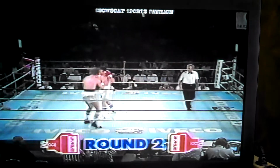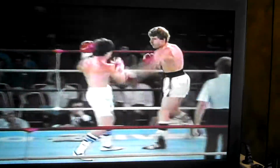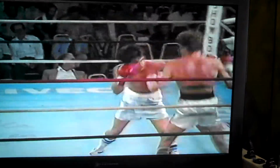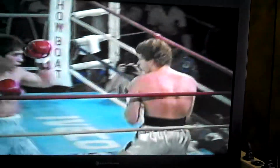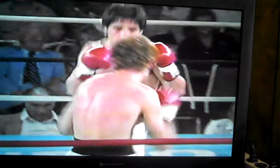As our top-ranked boxing continues from Las Vegas, Greg Haugen in the light blue, powder blue, I guess, with a white stripe, against Ted Michaliszyn with the white and the black stripe. And Haugen very anxious to start round two. Now, Haugen is working his way in with the jab, Sam, so that then he can get inside and bang to the body. That's the way to do it. And look how effective he is because of it. More so than in the first round. Michaliszyn again trying to wade in with the...